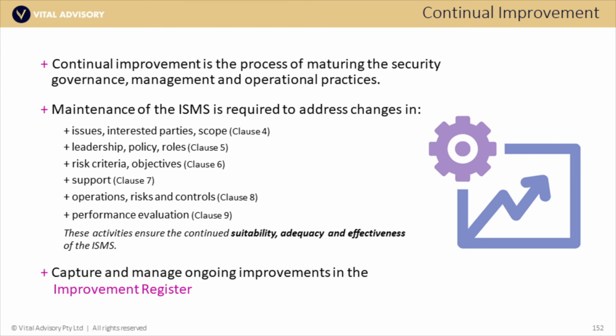The last slide I have here is continual improvement. As I talked about, you need to not only do continual improvement, but you need to do maintenance. Here are some areas that obviously are going to change over time: issues and interested parties, and probably your scope. Leadership, adding new leaders into the governance function, maybe changing the hierarchy of it. For example, if you've got an IT-oriented scope, as we talked about earlier, the leadership of the ISMS might not include business people in that scope at that point. I've seen this before. But if you expand the scope, you want to change the leadership and start to engage